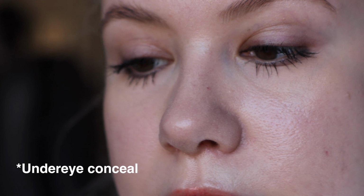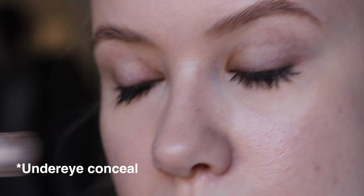So I feel like I'm really going to enjoy this, maybe more so in the fall and winter actually. But I feel like my skin just looks better and better the longer I have it on. So let me finish off the rest of my base and do some setting, and then I'll show you how it looks after. To spot conceal, I put on the Kosas Revealer Foundation in 02W, and I set it